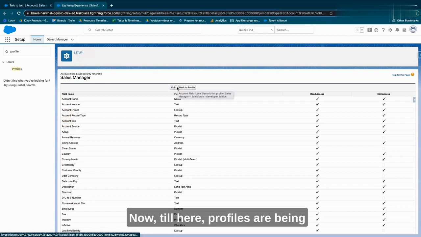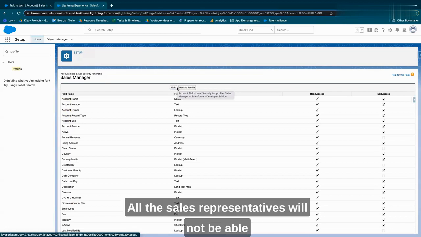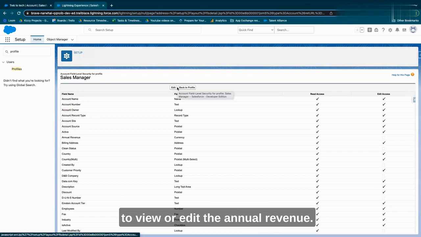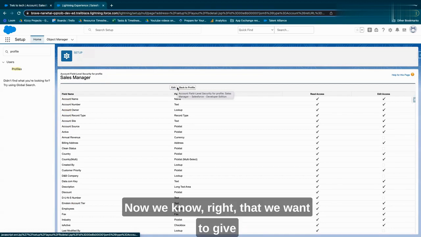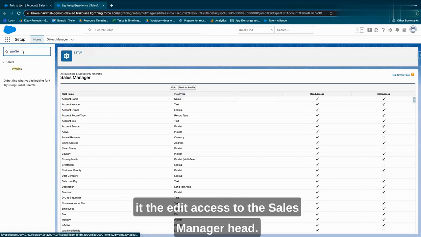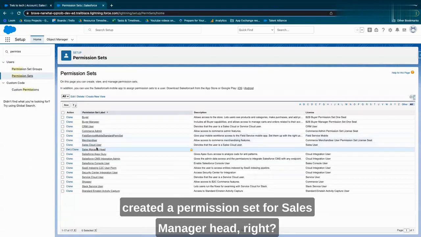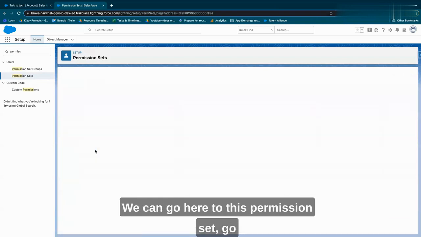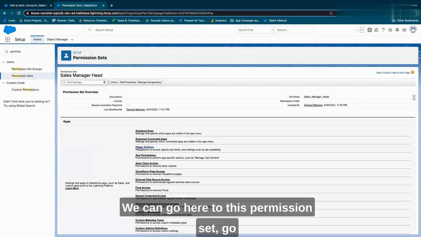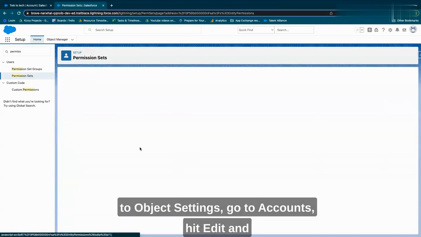Now, till here, profiles are being used and everything is sorted. So all the sales managers will be able to view the annual revenue. All the sales representatives will not be able to view or edit the annual revenue. Now, we know that we want to give the edit access to the sales manager head. So what we did in our previous sessions is we created a permission set for sales manager head. We can go to this permission set, go to object settings,